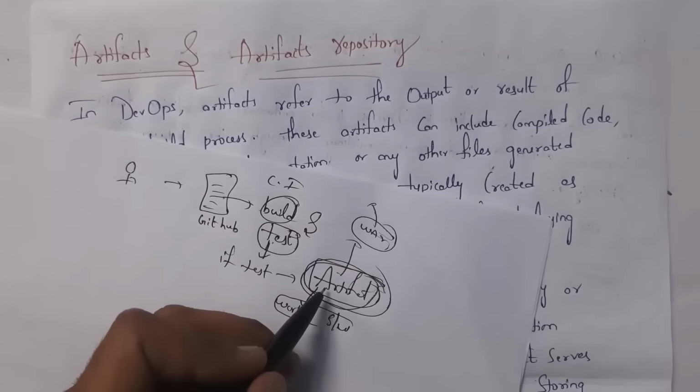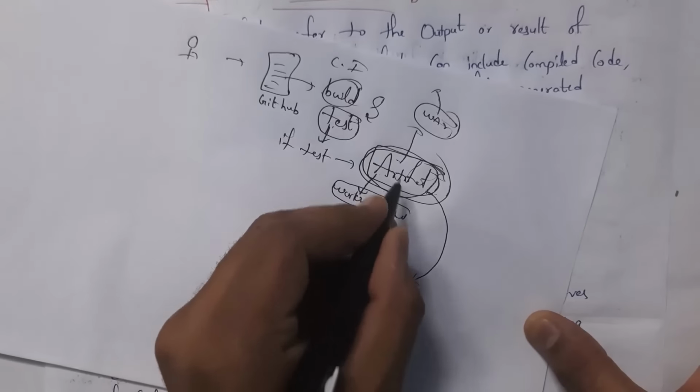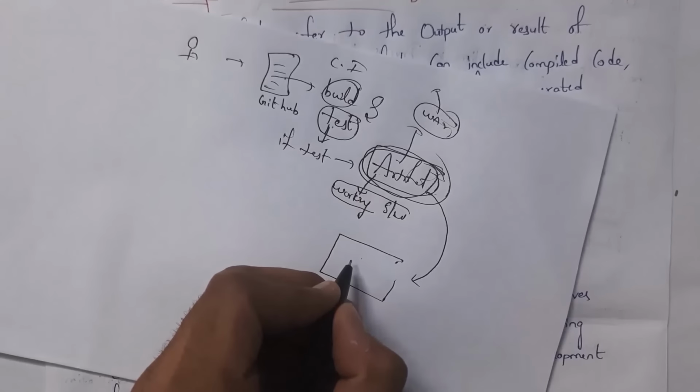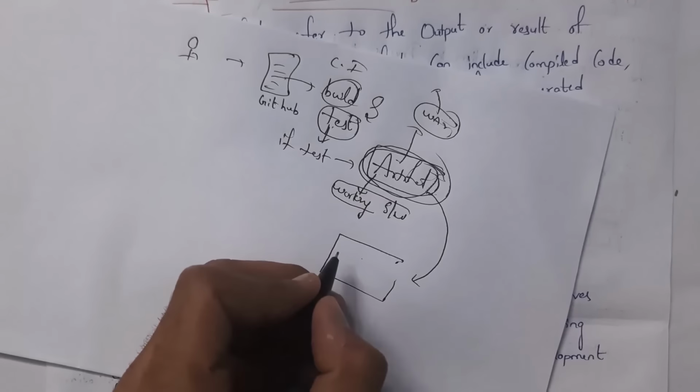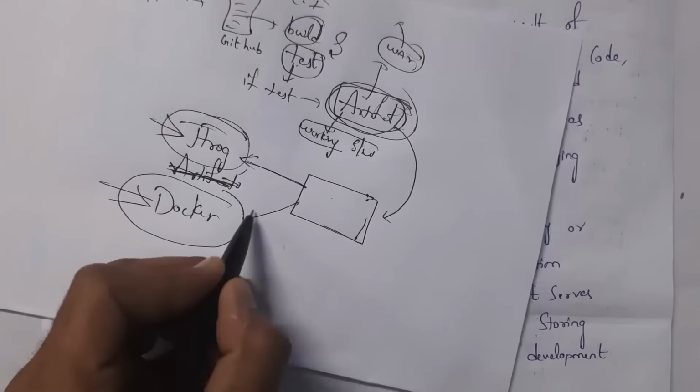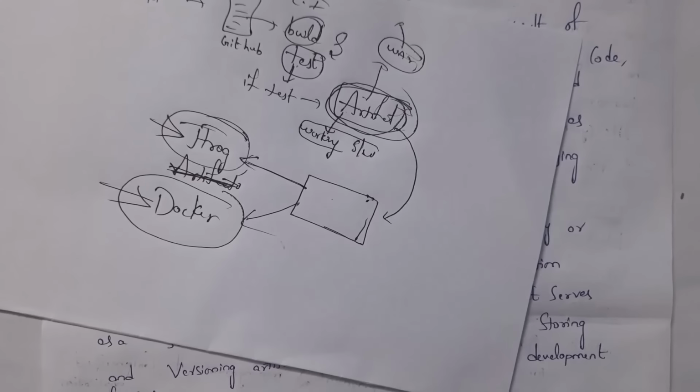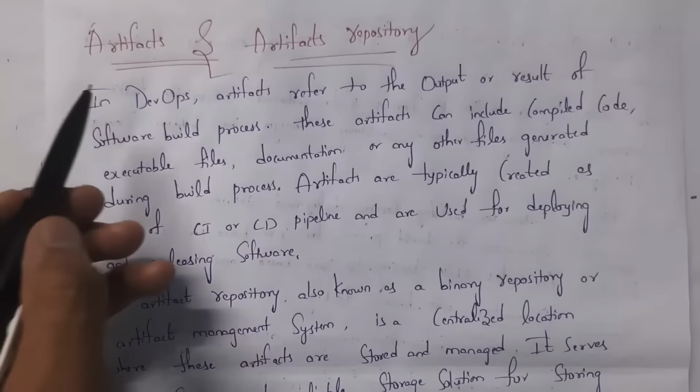This can be any file like a war file or rar file or any other file, and we will store this artifact in one location. We call that location a repository. So an artifact repository is nothing but where our artifacts are stored. There are two types of artifact repositories. They are JFrog and Docker. So in DevOps,